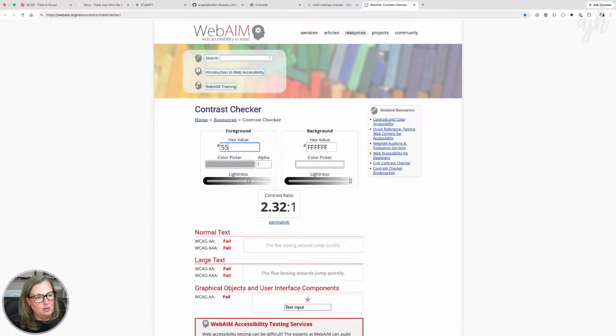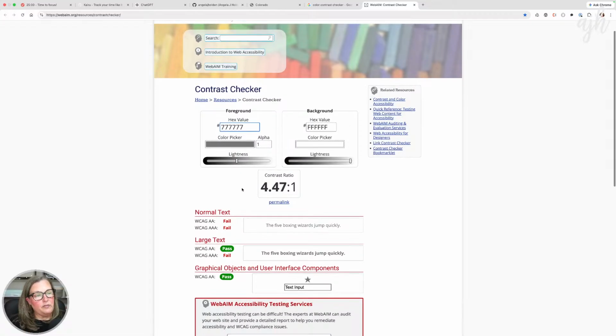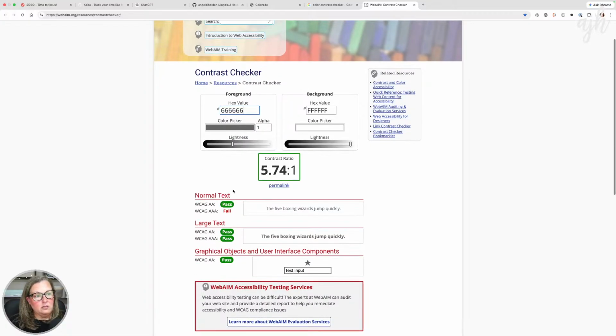So maybe that's still pretty dark. 0 is, there we go. So that fails. So 7, 7. That passes.